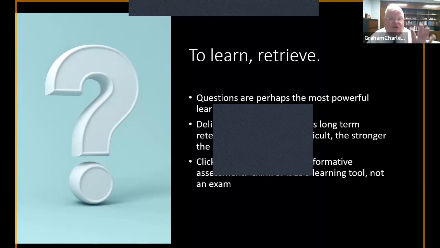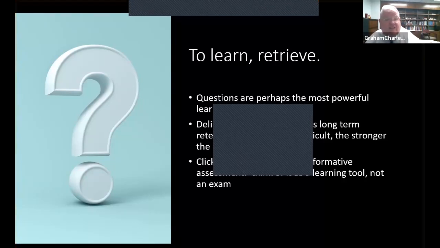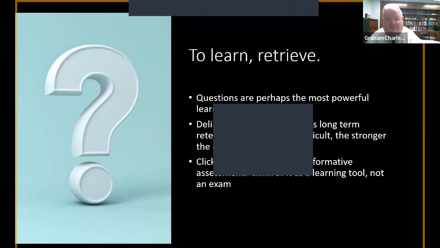So you can use retrieval practice with clickers, with quizzes, with low stakes, formative assessment. So, residents, as you're preparing for your boards or for your in-service exams, question banks are helpful. They really are helpful. And you should think of it, though, as a learning tool. It's not just a quiz or a set of questions. It really does help you learn the material better and longer. So retrieval practice is a key point and can be used in a lot of different ways in an active learning session.